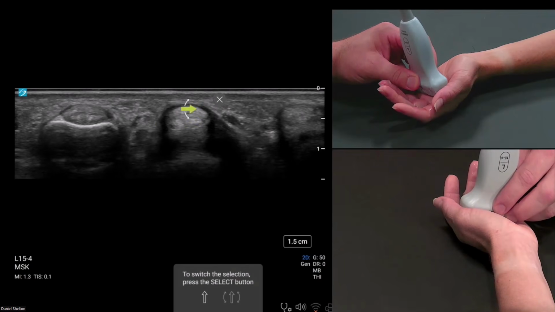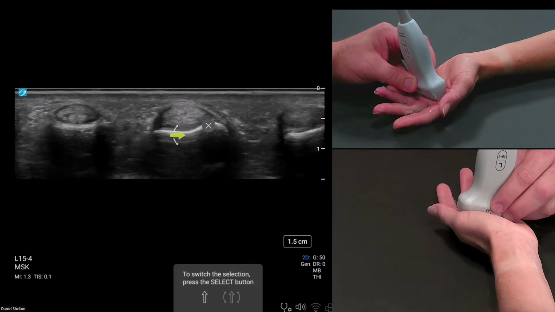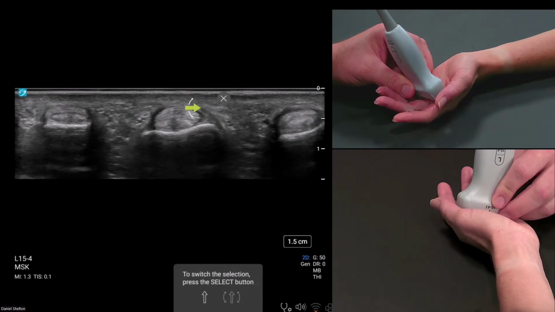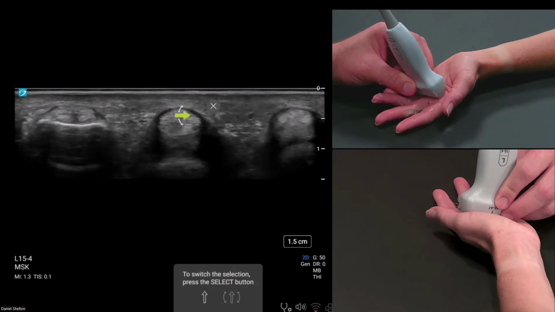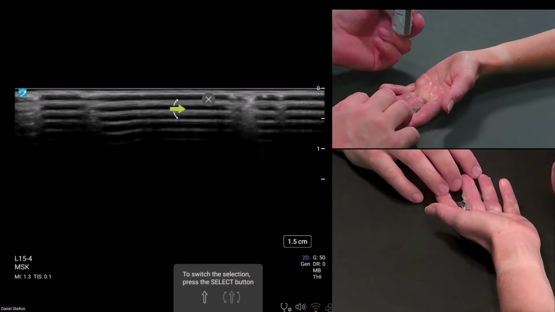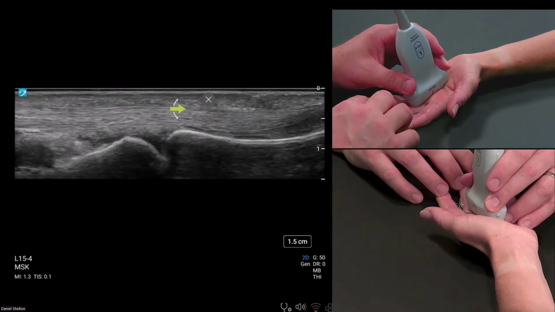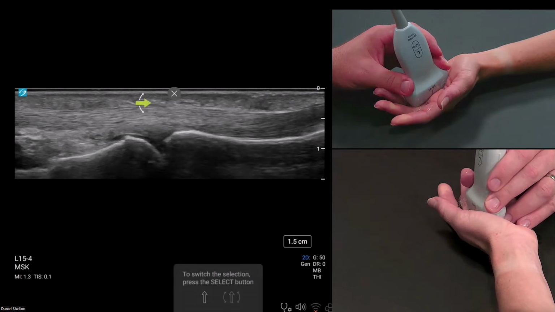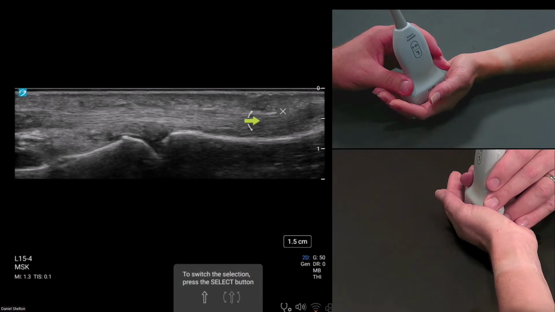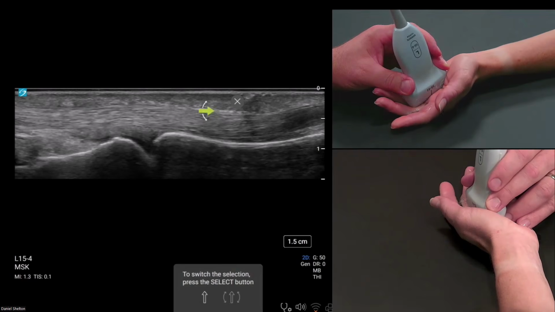So this is the A1 pulley, which is thicker, more broad. And as I jump the joint gap and make my way to the proximal phalanx, we've got A2. So A2 begins right here. And if I go long axis on these, you can see that they're pretty far apart from each other in their shadows. So superficially, I have a shadow of A1, and A2 starts way down here, this broad kind of sock shape of a pulley down here.